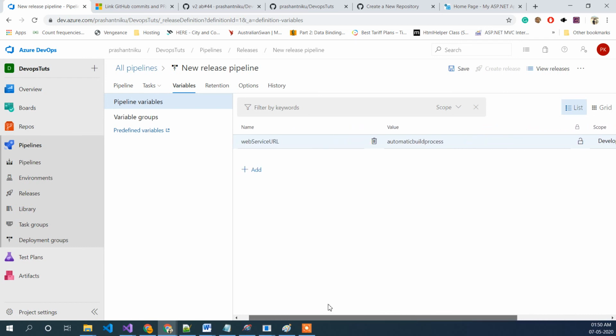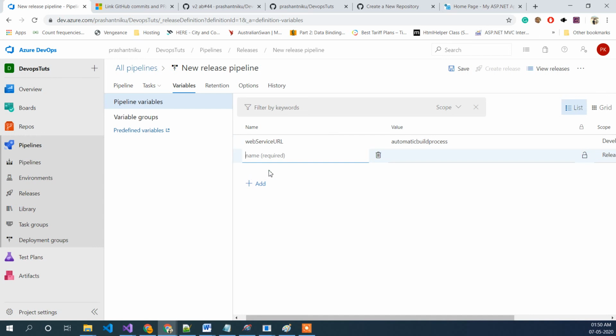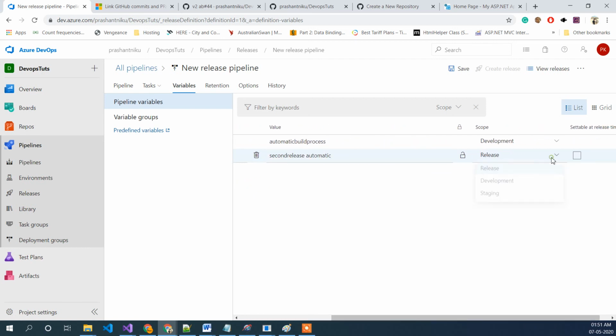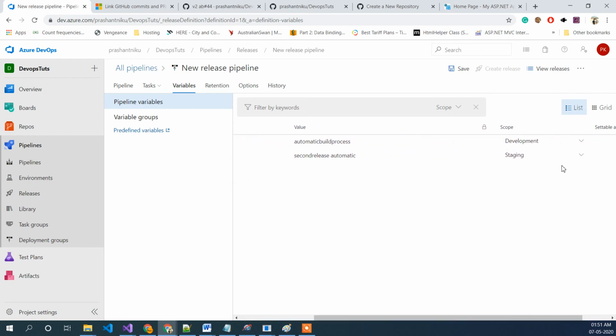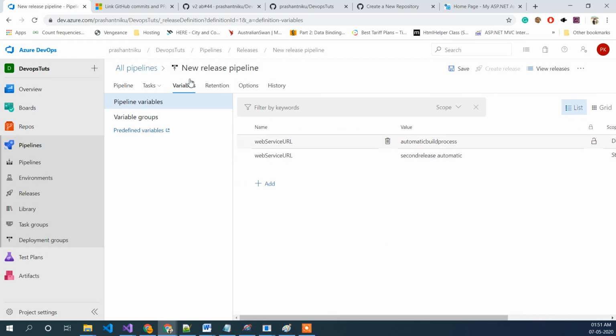You can create another variable with the same name, and give another value like second release automatic, and inside that you can define release or maybe staging. This is how it is going to be used. If it is staging, it will use staging. If it is development, it will use development. So we have defined the variables by going there.